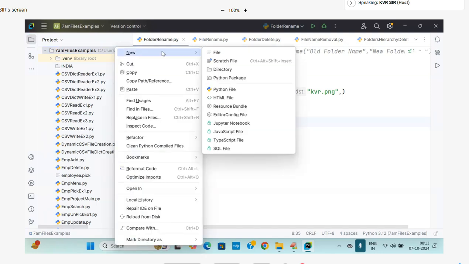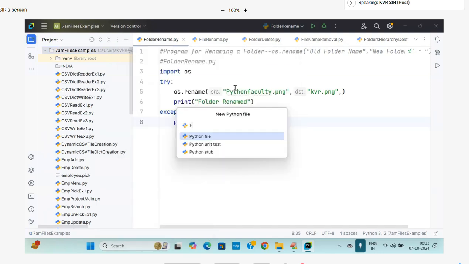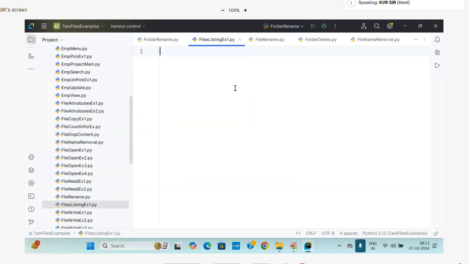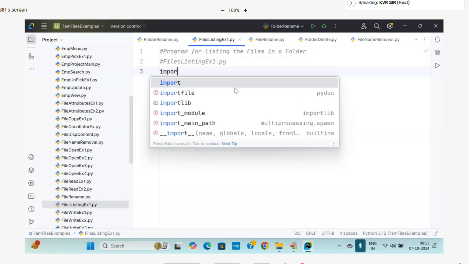I'm writing files listing example1.py, a program for listing the files in a folder. So import